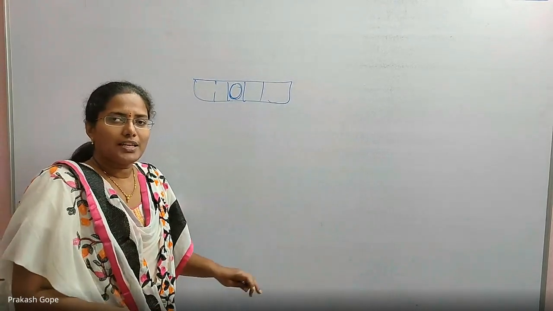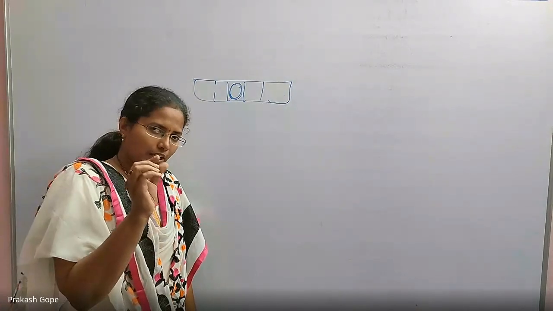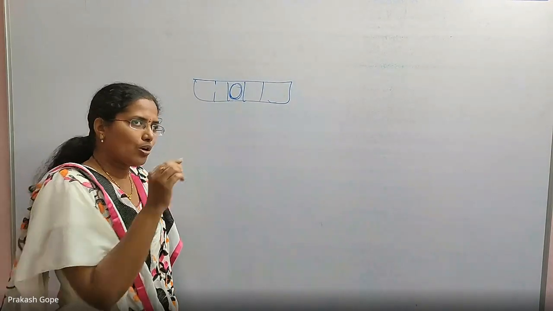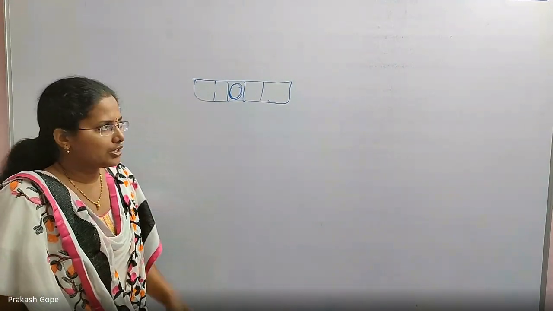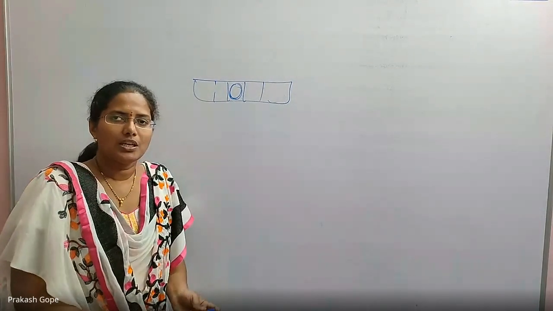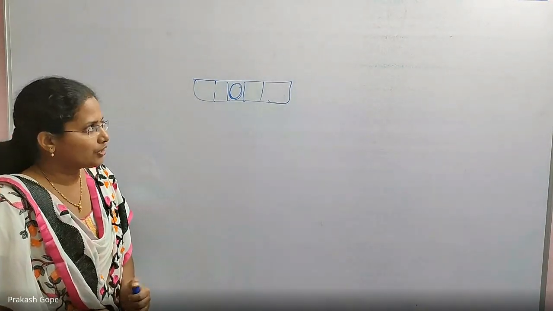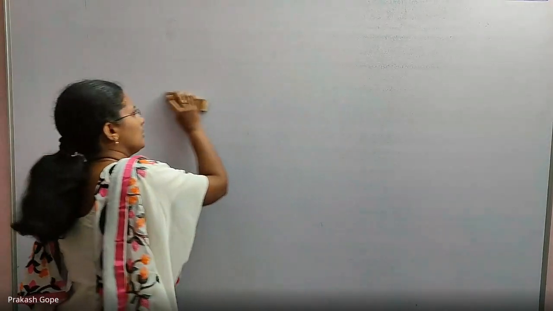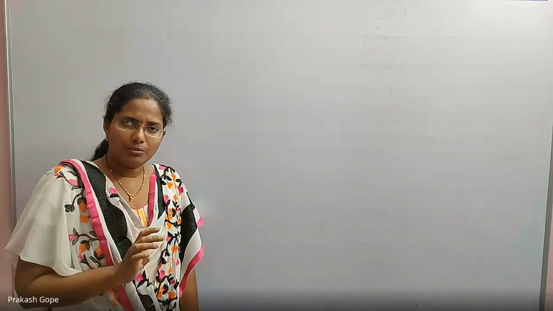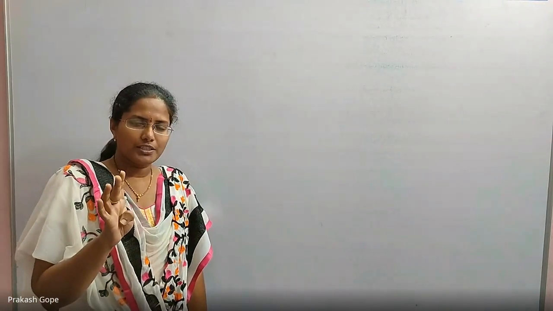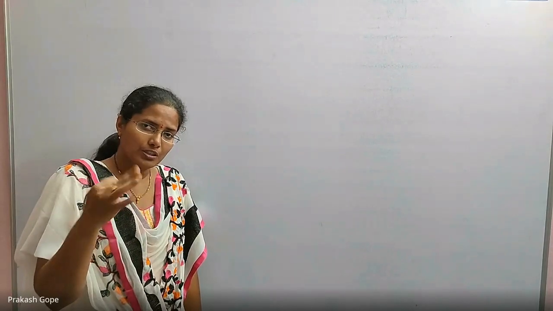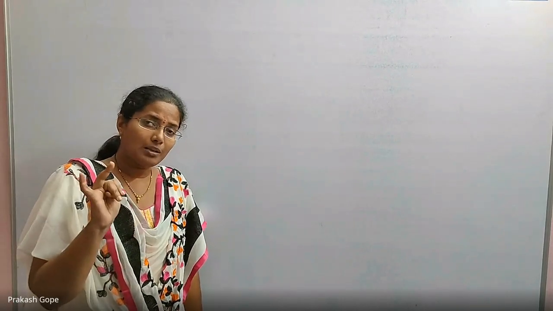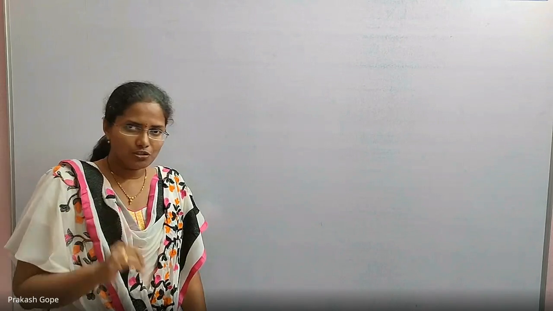So in all these cases, there is no guarantee that the element that you are picking up as a pivot will go and occupy the exact middle place. It can go to the extreme. So worst case in all of them is again n square. So now they understood that pivot selection matters. How do we select that pivot element? Picking up the first element as a pivot, worst case is n square. Last element as a pivot, worst case is n square. Middle element as a pivot, that is also worst case.